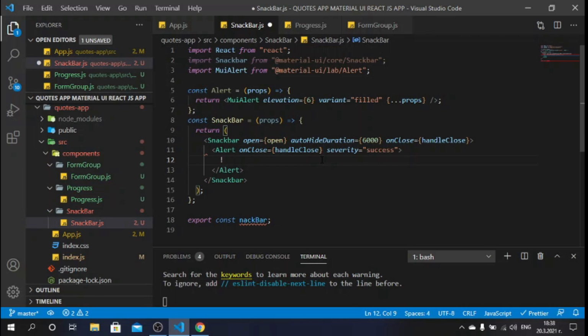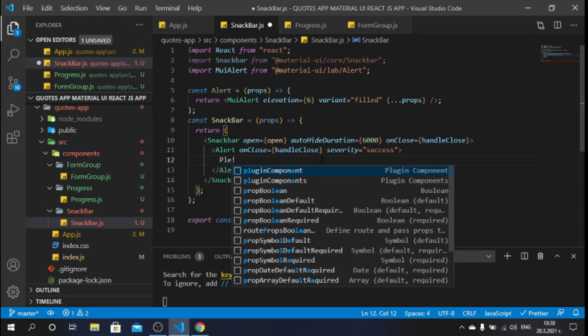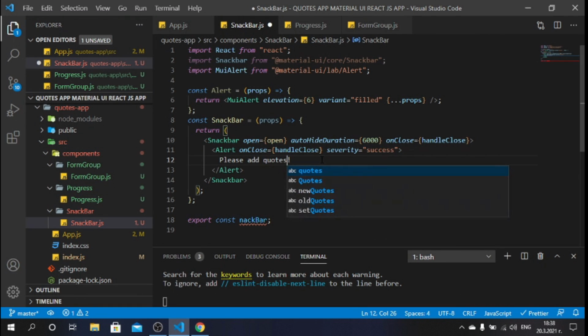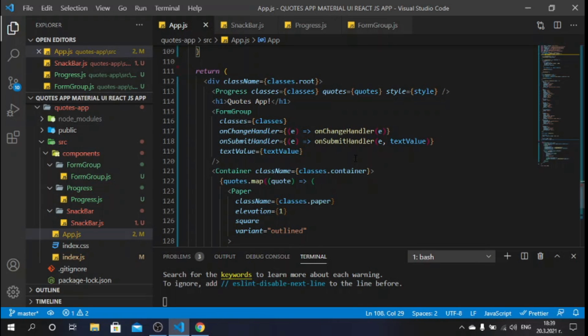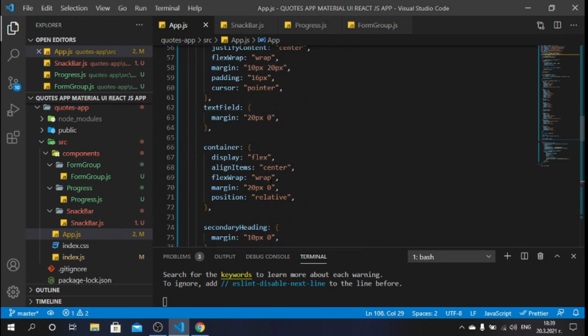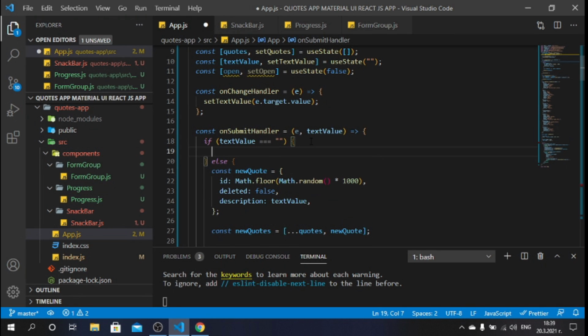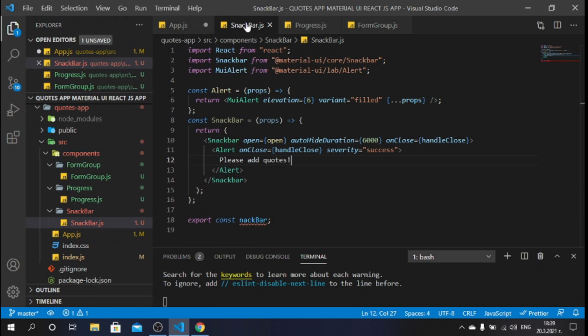for the message, we can say please add quotes. If I do this now, we can go back to our app.js file, and here inside our onSubmit handler, we can say set open to be true, and we need to pass this as a